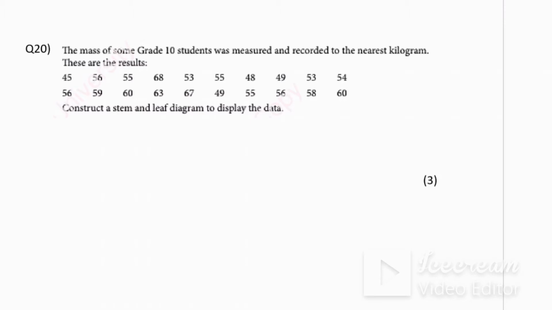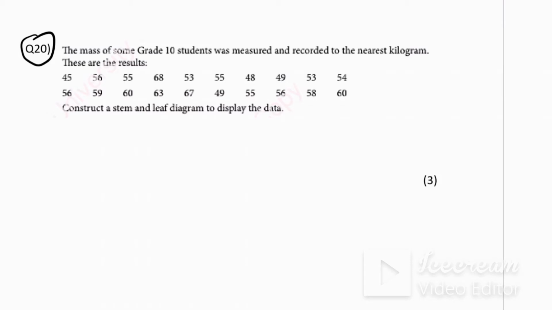I hope that this revision will be helpful for you for a quick review of your IGCSE examination. The level of this explanation of this past paper question is 1. They are easy questions, and this one is part 1 of this level. So let's start. In question number 20, he says that the mass of some grade 10 students was measured